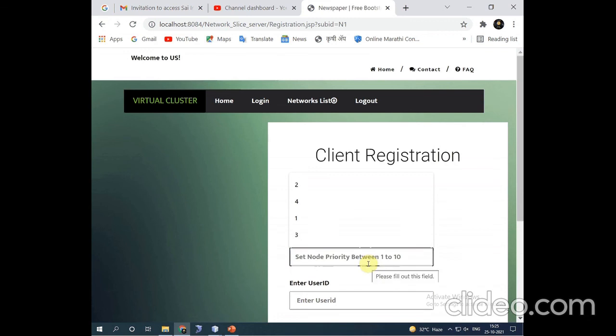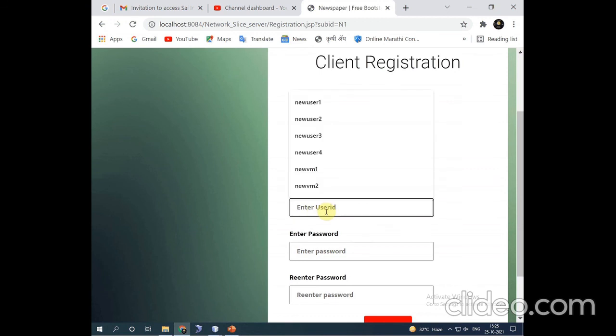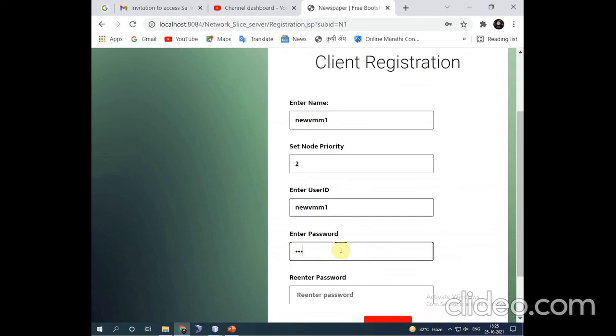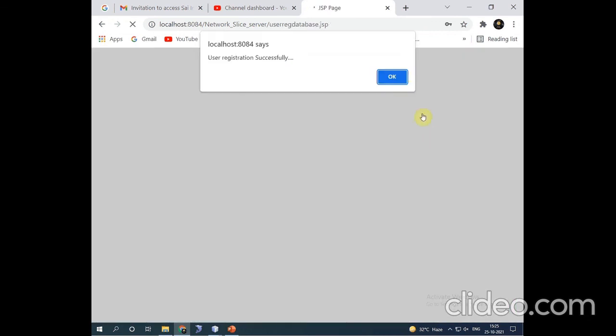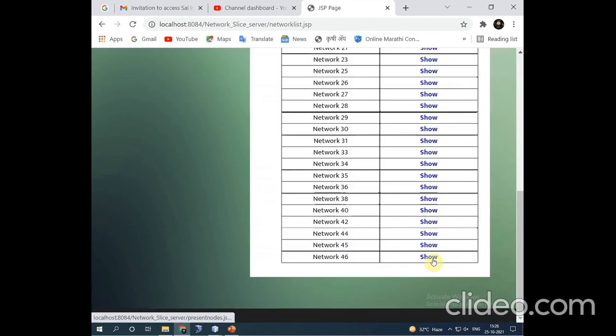We can add this to each node. The addition should be 10. So enter user ID as new VM. Enter password for this and re-enter the password. After like this, assign each node, register each node.